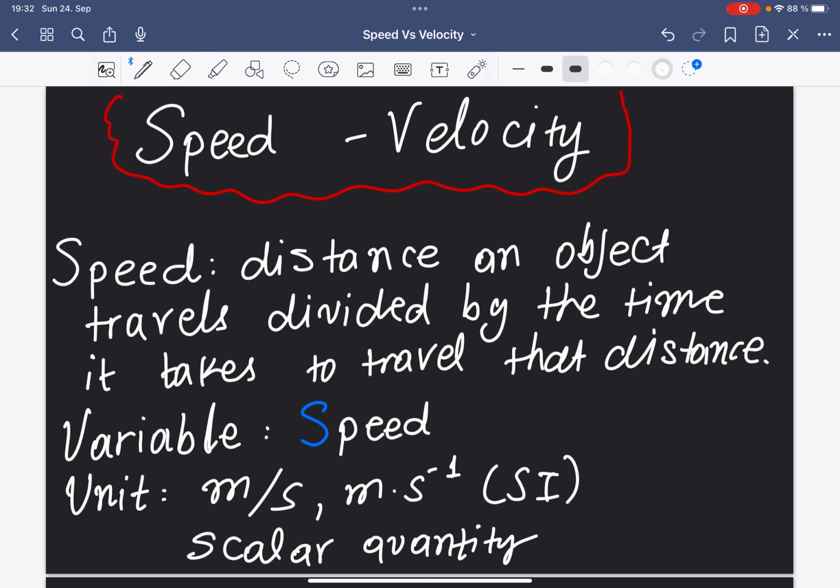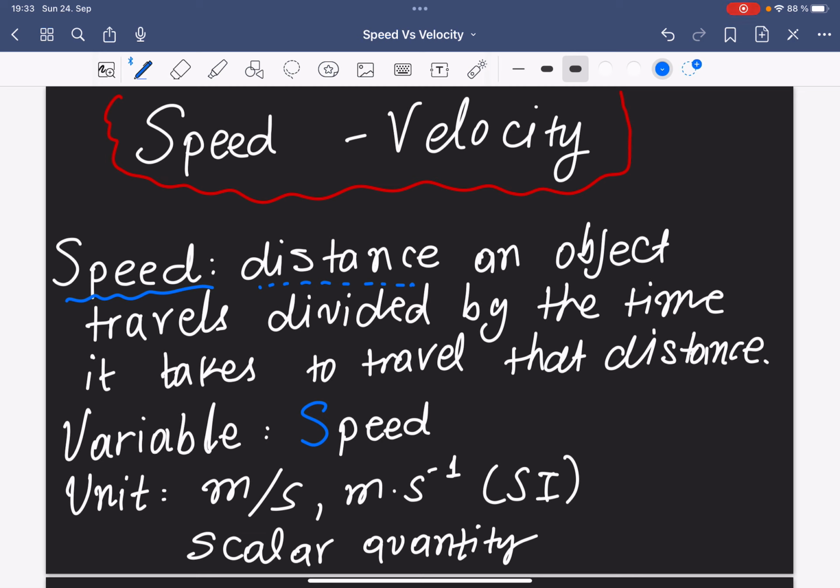So if we start with definitions, we define speed in physics as the distance an object travels divided by the time it takes for this travel to actually take place. As you can see, speed is defined based on distance, which in the previous video we looked into in quite a few details, and we defined as a scalar quantity. The variable that we use as a symbol for speed is s, okay, and this is where it gets a